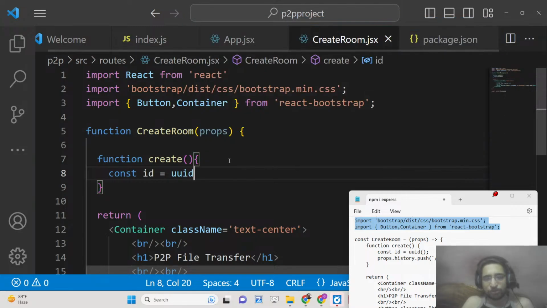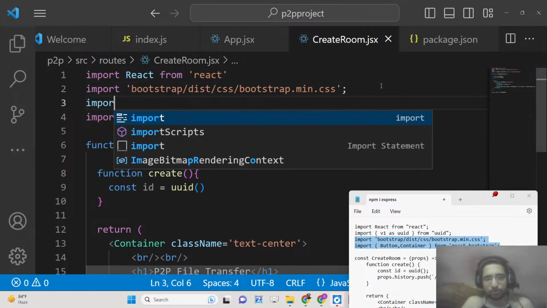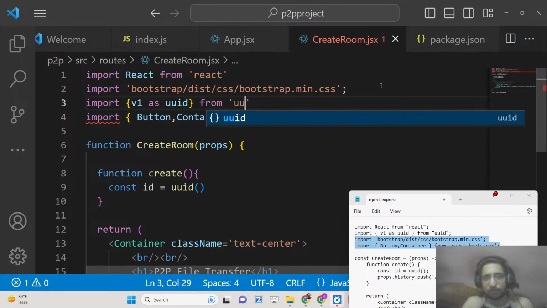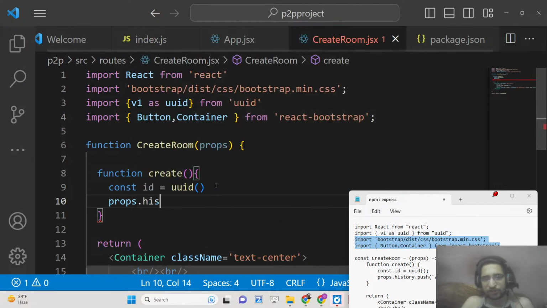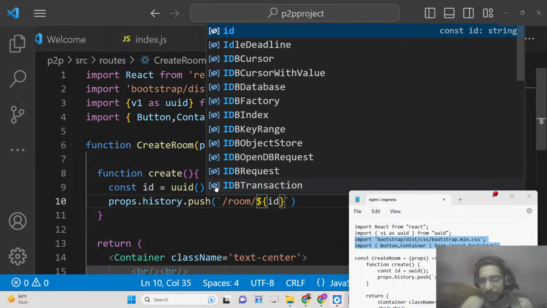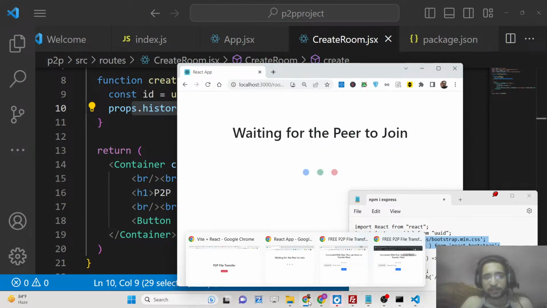For that we will import the UUID package. So this package is required, guys, so we just need to import this package which is version 1 as UUID from UUID. Just import this package and we are calling this, and after this, guys, we will say props.history.push, and we will push like this: slash room slash the random ID. That's all. So now you will see that, guys, automatically if you press this button right here,